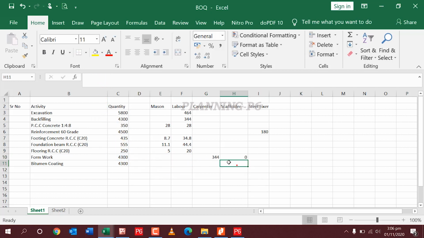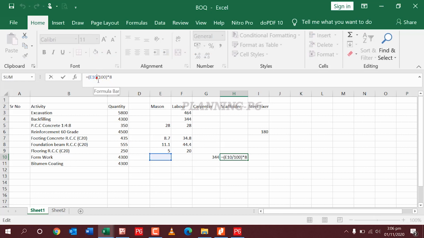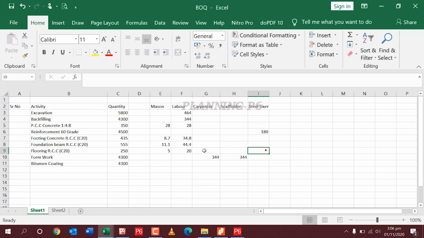Homework. Here I will write homework, folders, hours, bitumen. For bitumen I need a painter.